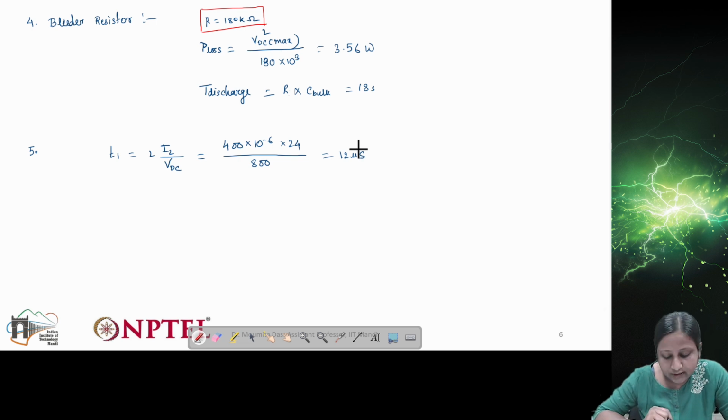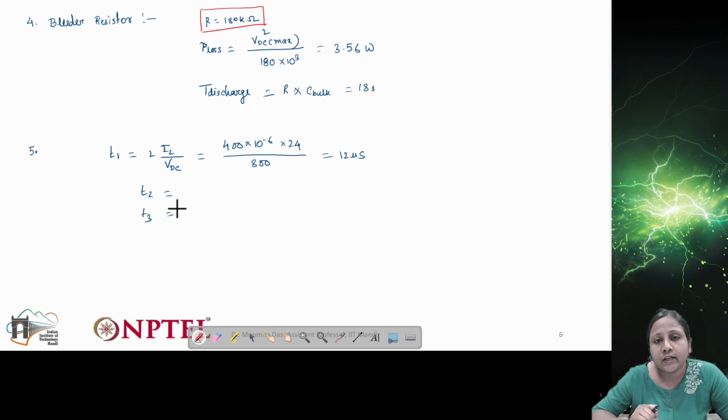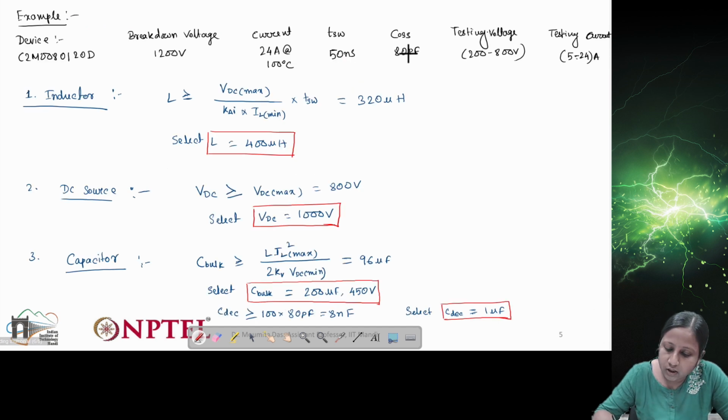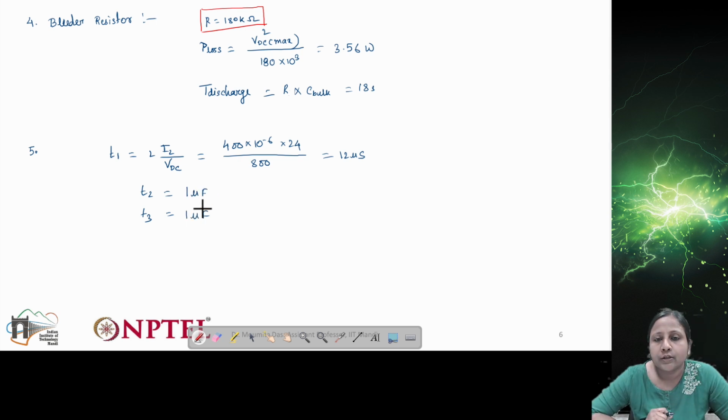Now for the selection of T2 and T3, the condition is that T2 should be more than or equal to the turn off time and T3 should be more than or equal to the turn on time. The switching time given for this particular device is 50 nanoseconds. If we choose a time more than that, say 1 microsecond, that should be sufficient to implement this DPT